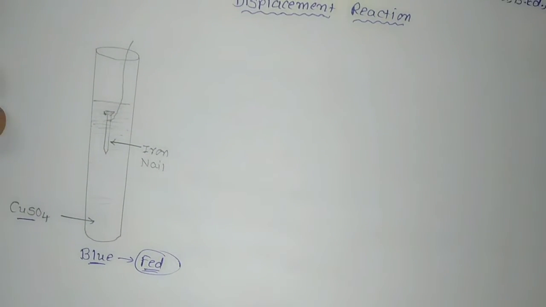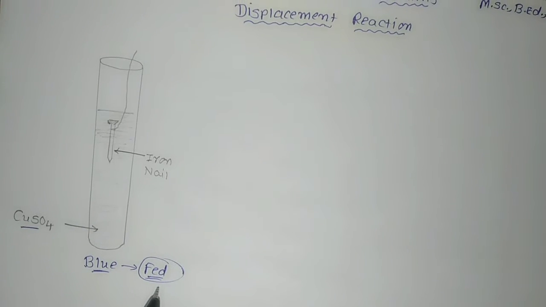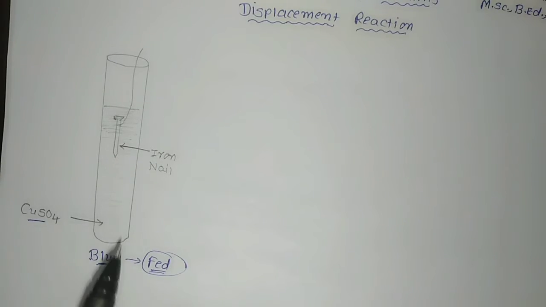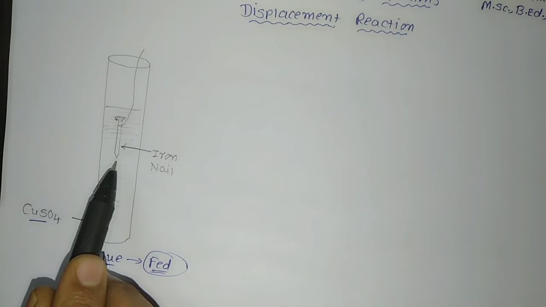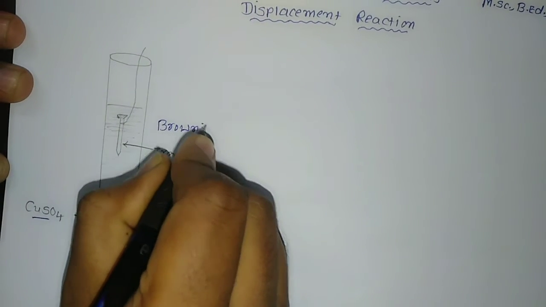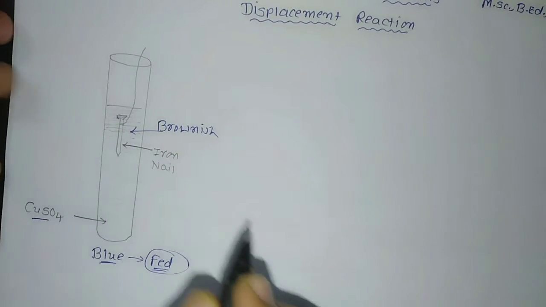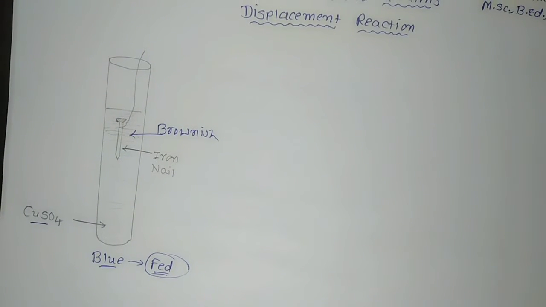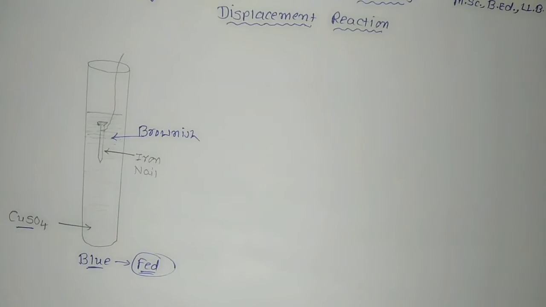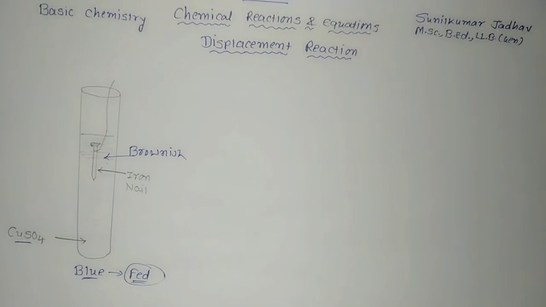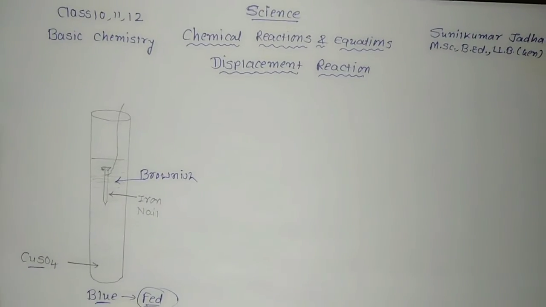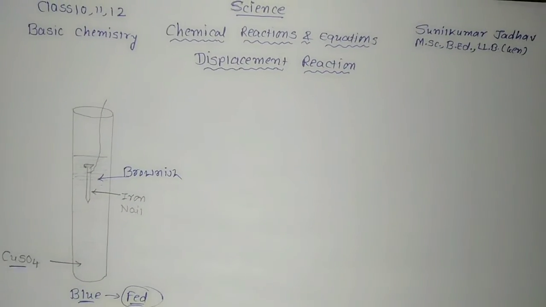The dark blue color will be converted to a light blue, or even colorless, that is, it fades. And you will see that the iron nail becomes brownish after the reaction. It's a new one we have taken, but it converts to brownish. Does this reaction occur due to that only? Yes. Why does the iron nail become brownish in color and the blue color of copper sulfate solution fade? We'll see the chemical equation.